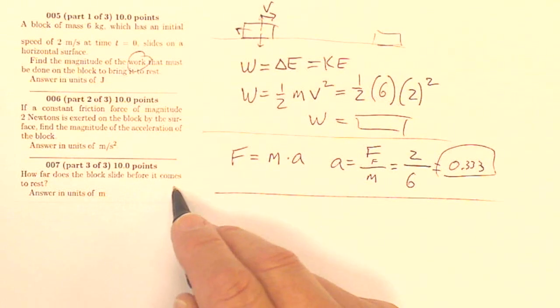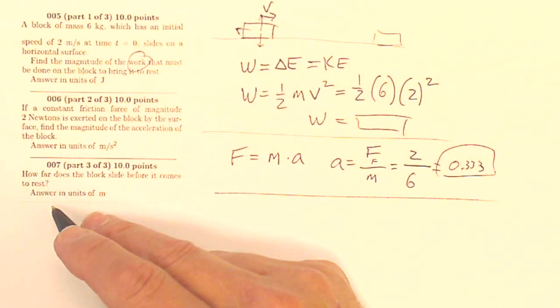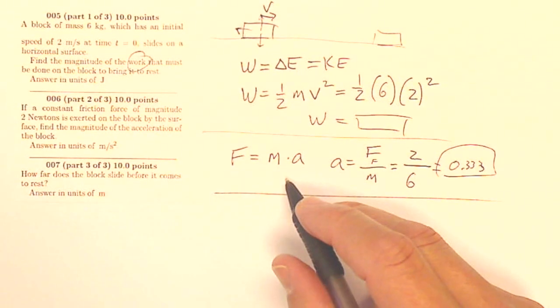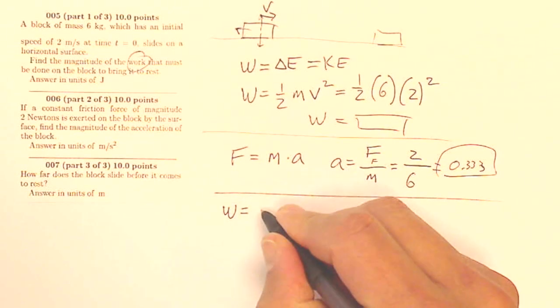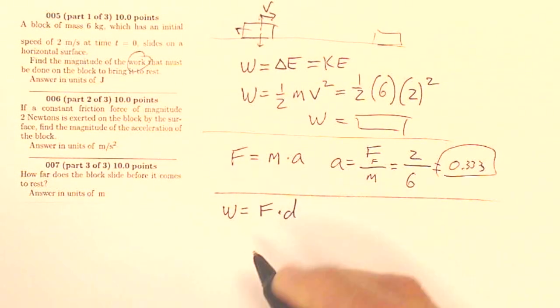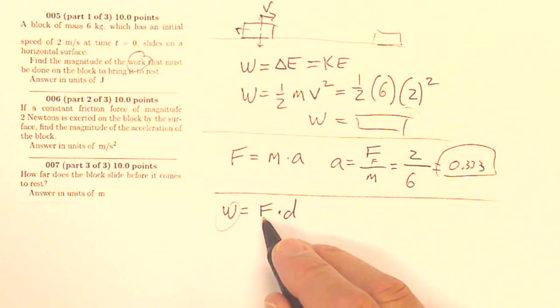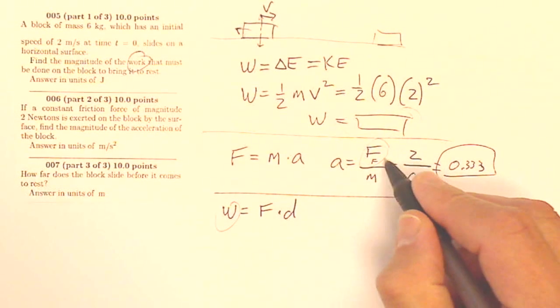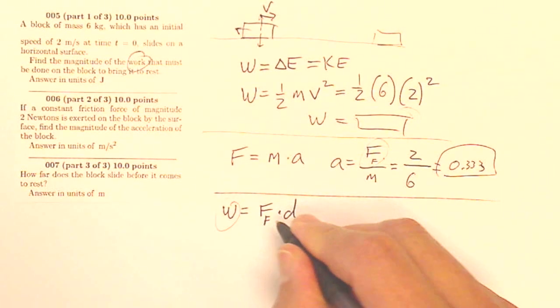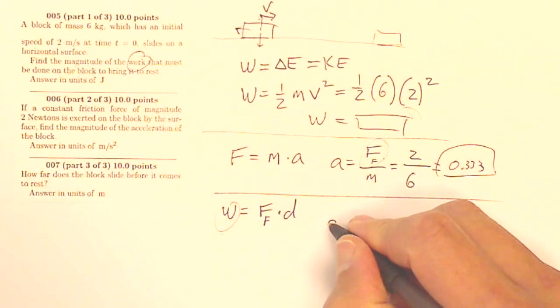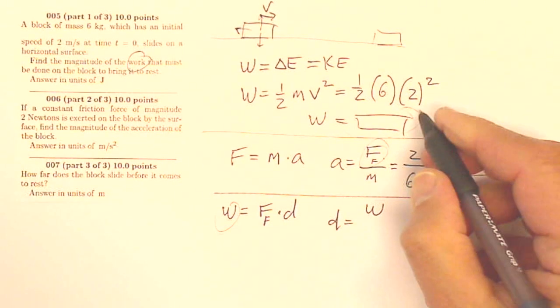How far does the block slide before it comes to rest? Well, now I can figure out that my work is going to be my force times my distance. So the work that I needed to do was this amount of work. The force is the force of friction, because that's what's doing the stopping, and I'm looking for the distance. So my distance is going to be my work from up above